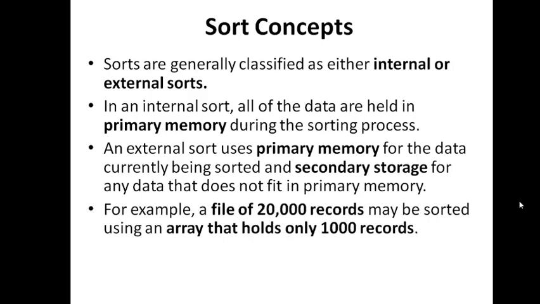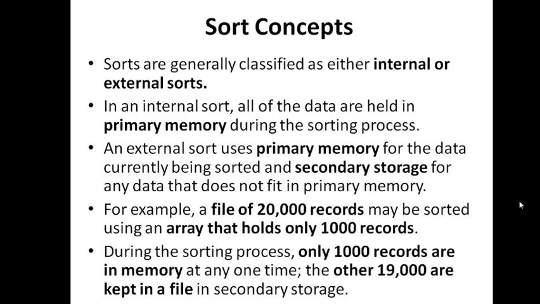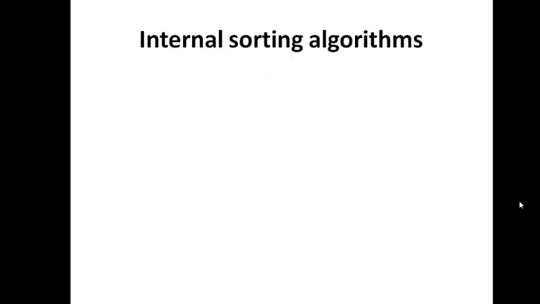They have taken an example of a file sort of 2000 records. In which case we assume that the array in the primary memory can only hold 1000 records. So what we can do is sort each 1000 records by bringing them into the main memory from the secondary memory, and the remaining 1000 records will be held in the secondary memory. This is the first concept under sorting.